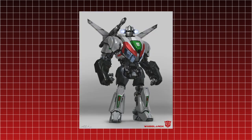So here we have Wheeljack, and Steven says that this was the very first Transformer that he designed for the show, and he was the one that took the longest to approve. And he says Wheeljack was a character that Travis Knight specifically wanted in the movie, so he figured that he'd better do him first to fine-tune him the most compared to the other Transformers. And like all the others, I think Steven and Alex Yeager, the art director, knocked it out of the park